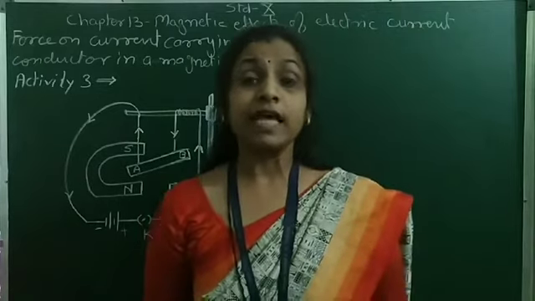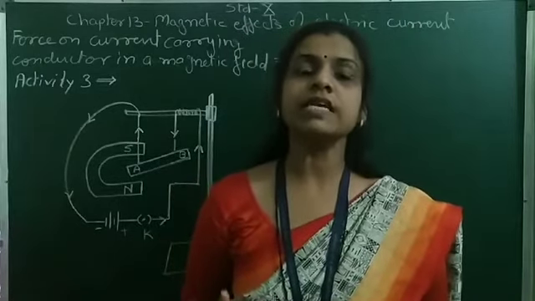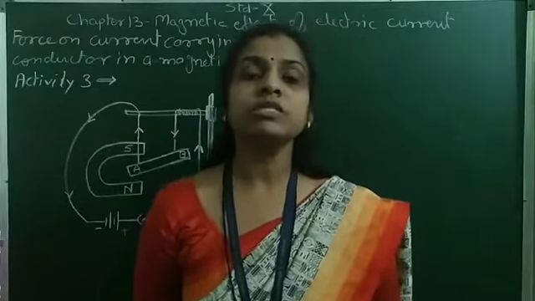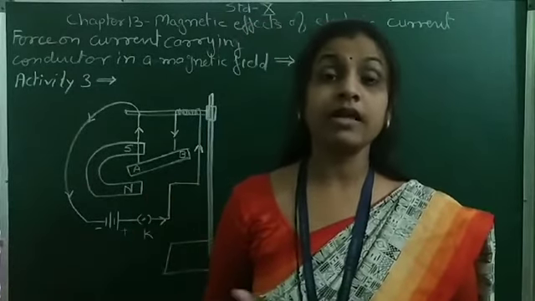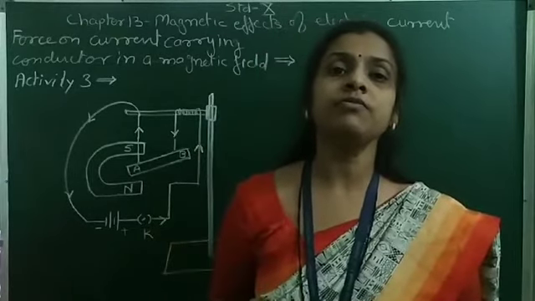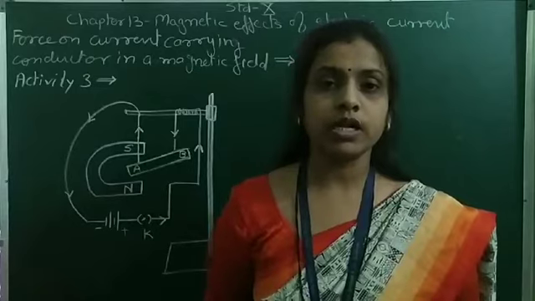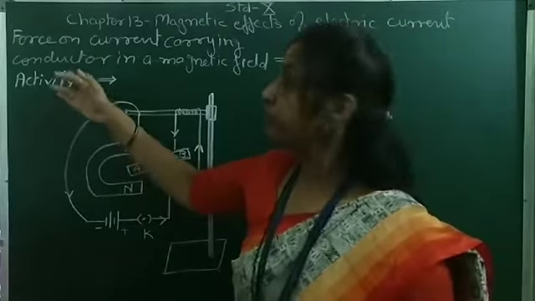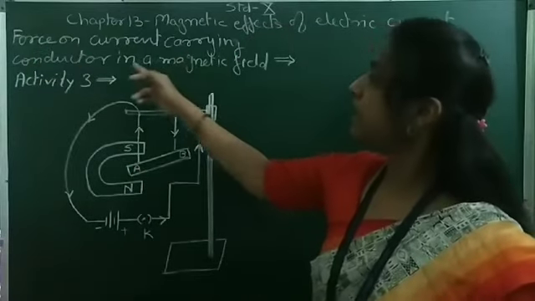Hello everyone. In the previous lecture we have seen the second activity, that is, magnetic field due to current through a circular loop or a circular coil, and we have also seen what a solenoid is and how the magnetic field is produced in a current carrying solenoid. Now today we will see the third activity, that is, the force on a current carrying conductor